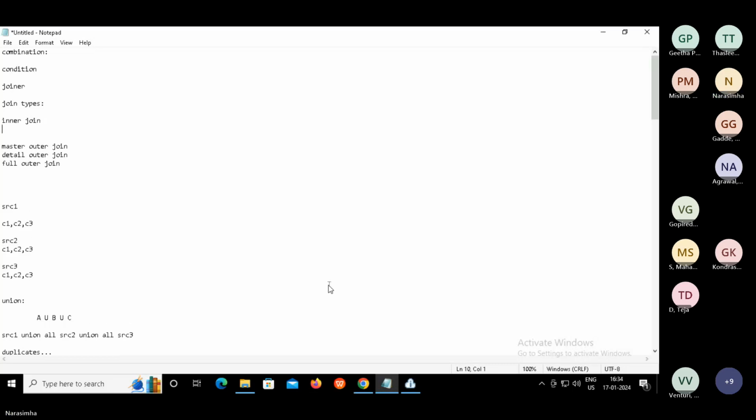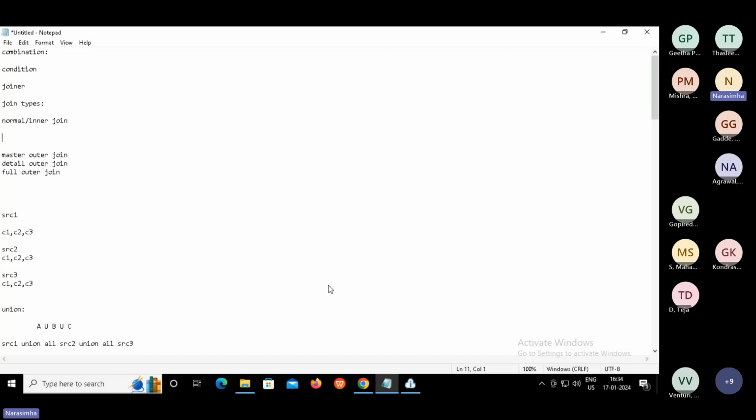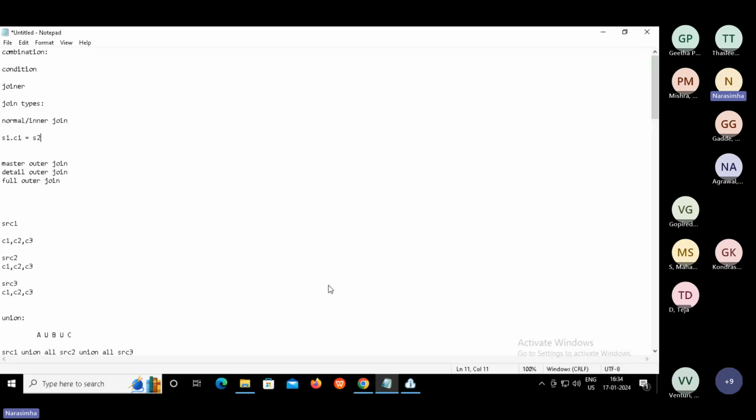Inner join, or normal join. We use the term normal, and both are similar. In this case, what do we expect? If we have matching data based on the condition, only those records will be transferred to the target. For example, Source1.Column1 equals Source2.Column1.